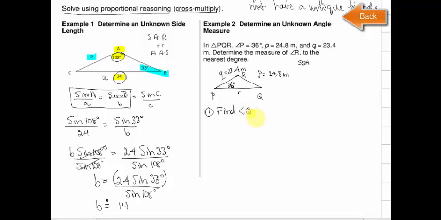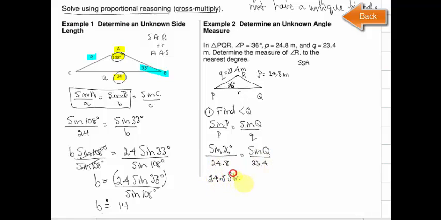angle Q, and I can rewrite my sine law so that it reads sine of P over side P equals sine of Q over side Q. So I will get sine of angle P, which is sine of 36, over side P, which is 24.8, and that's equal to sine Q, which I don't have. I don't have angle Q, but I do have side Q, so I can put 23.4 meters in the denominator. And we're going to cross multiply, so I'm going to go